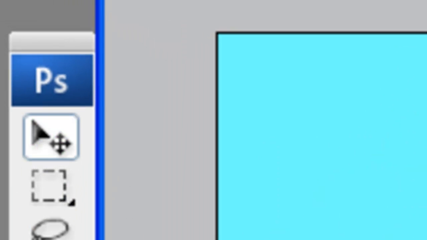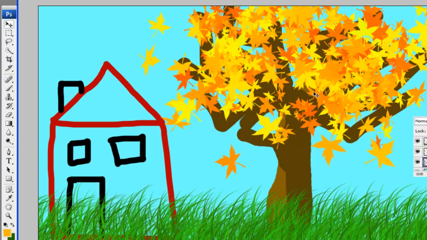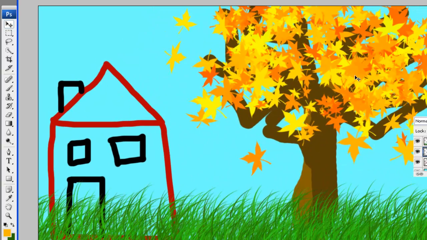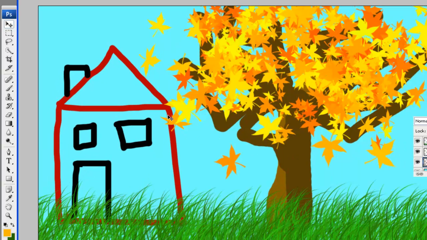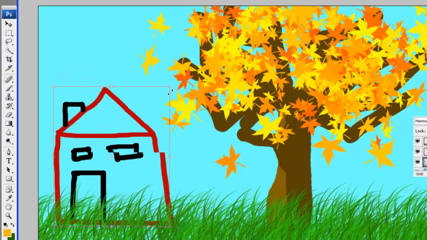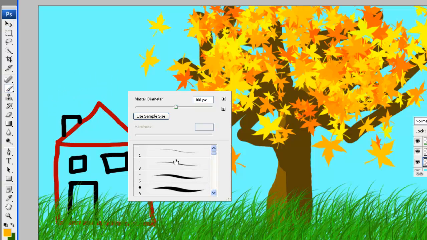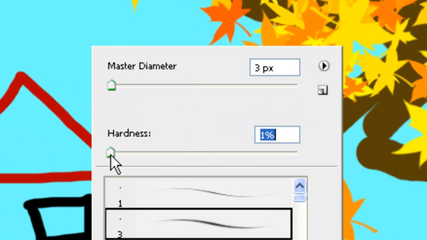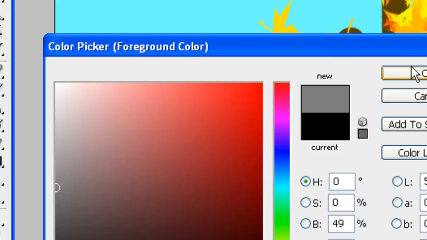This house, I want to shift it down, so I'm going to switch to the Move tool, and I know that I can move this around. And if I don't like these leaves, of course, I can modify it using this. What I'm going to do is I'm going to bring this house down and press Control T, because it's its own layer. Shrink it down. And we're almost done. I'm going to use the paintbrush, right click, switch to the simple ones at the top. I'm going to switch the hardness from 100 all the way to 0, and I'm going to get a nice sort of gray font because this house has a chimney,